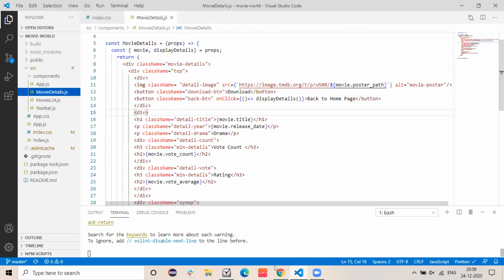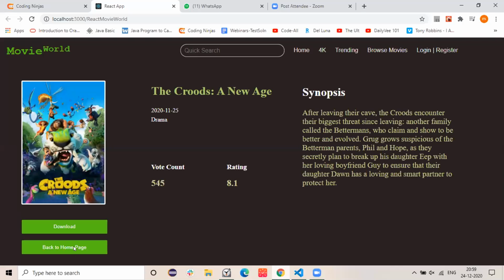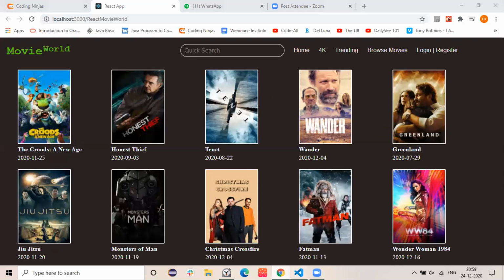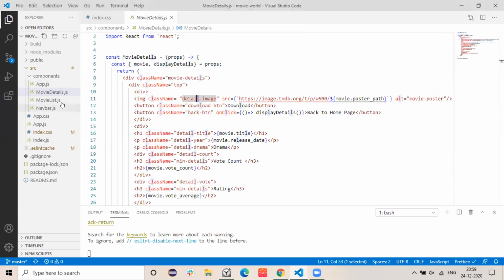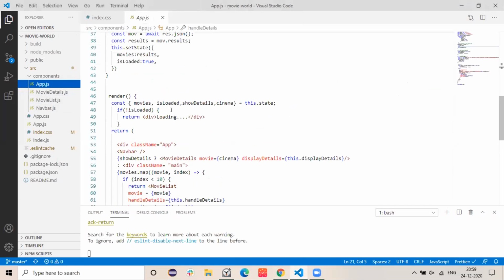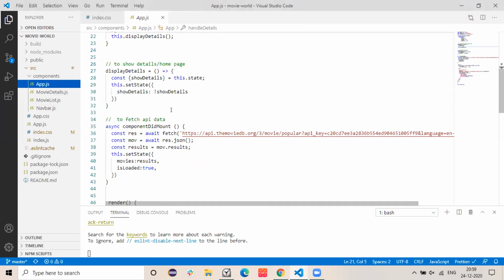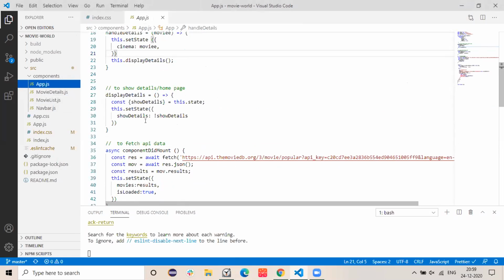And when the user wants to go back to the home page, we'll call the display details and toggle it. How can the user go back to the movie list screen?